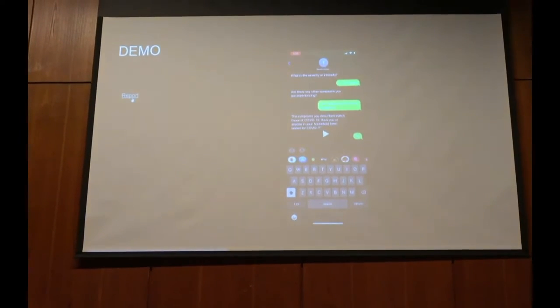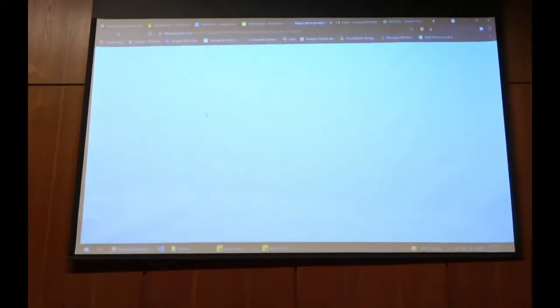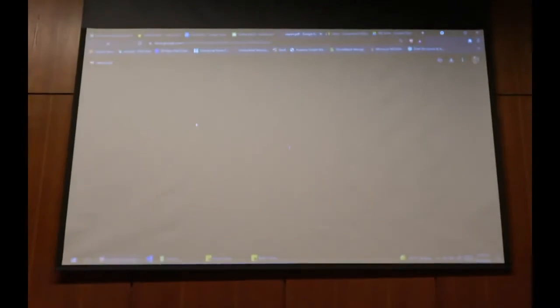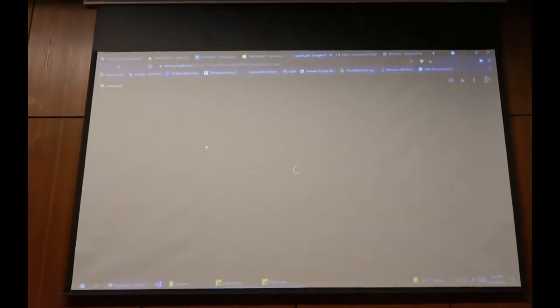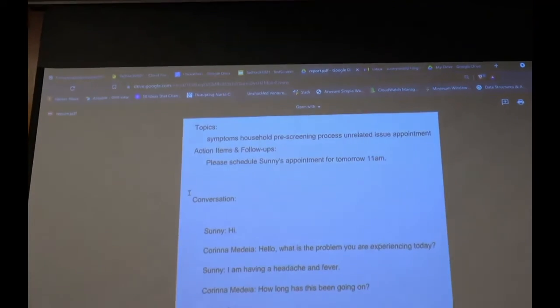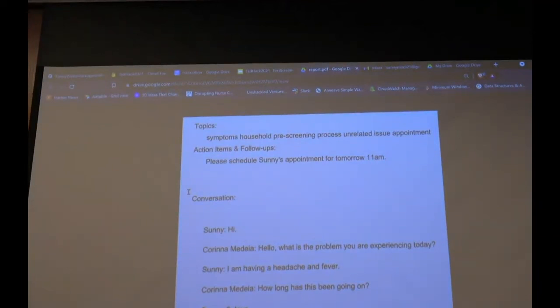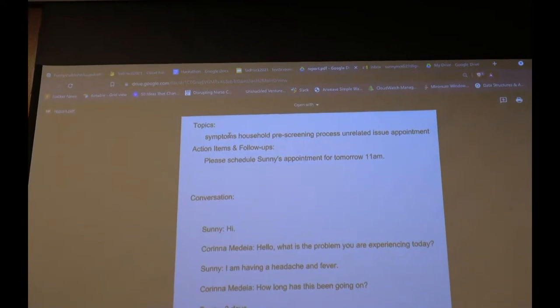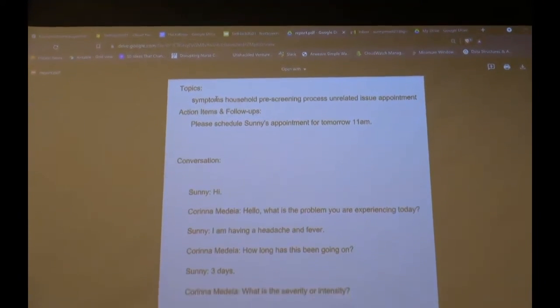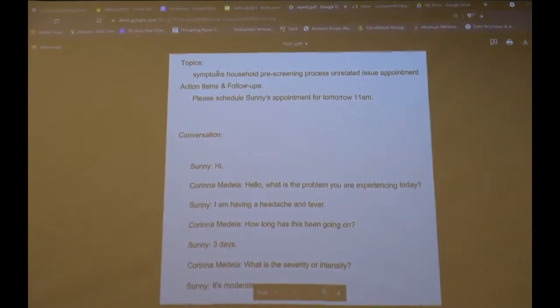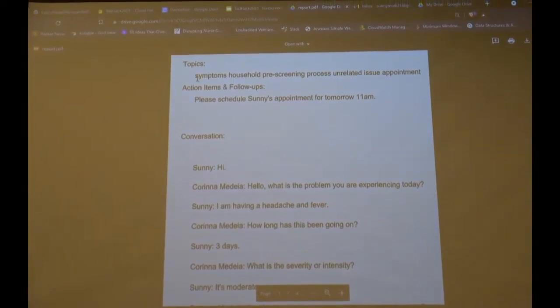Once the conversation has ended, we send the report to either the doctor or the next person who will be contacting the patient, and this is how the report will look. As the conversation was about COVID and pre-screening, we show general topics on